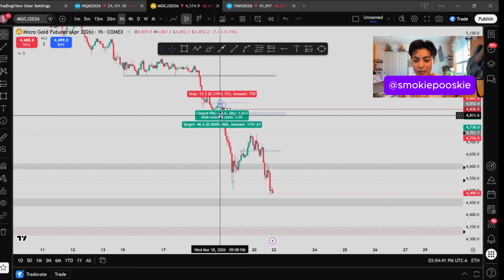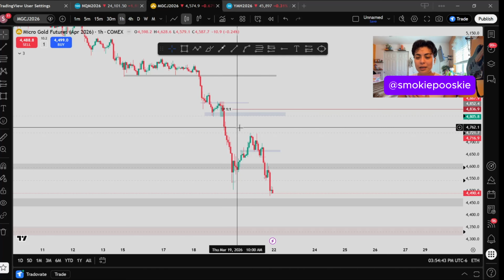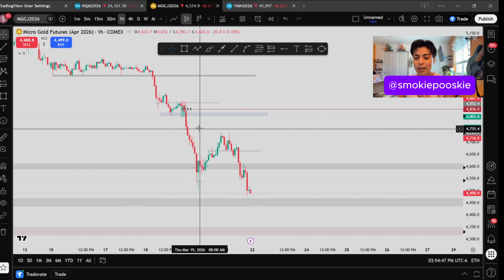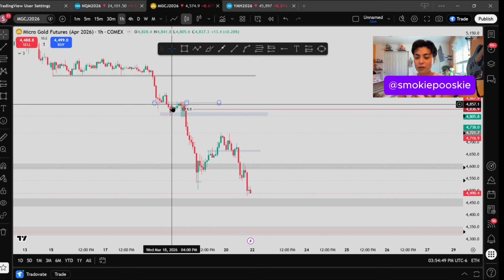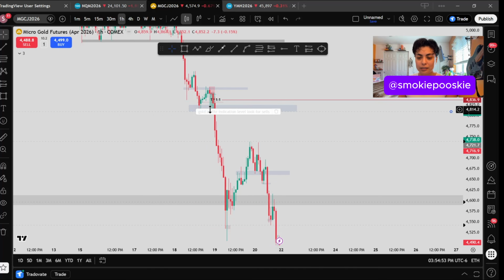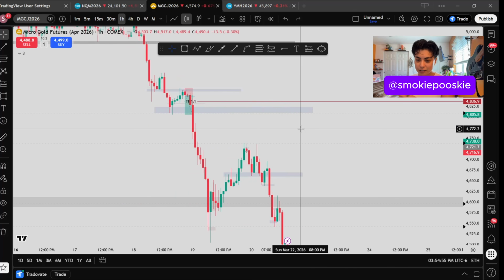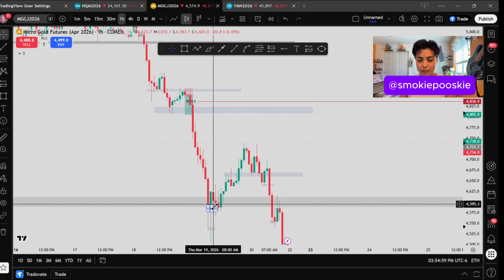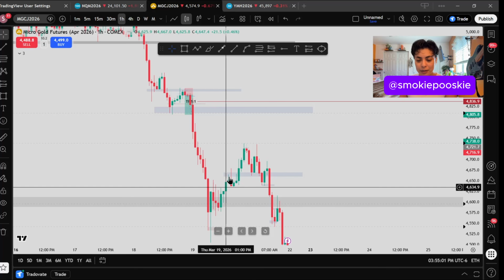This is my 1 to 3 right here. It ended up being a 1 to 3, but look at that. Oh my gosh. I had a runner. But it was almost 2 a.m. when I took this trade, so I decided to close everything and go to bed. And I woke up and price was all the way down here at like 7 a.m. I was like,